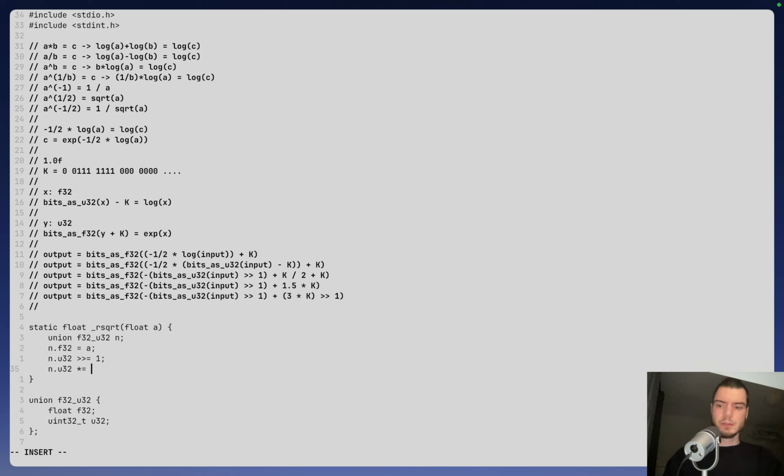We want to multiply that by -1, just multiply it by -1, basically. Like if it's negative, it becomes positive. If it's positive, it becomes negative. And we are going to add to that